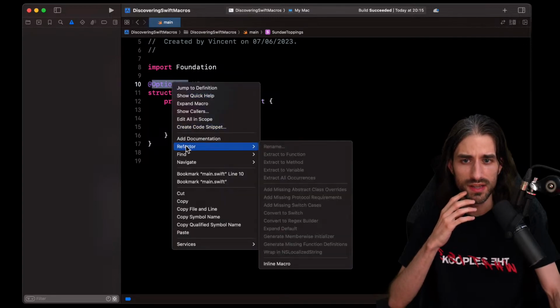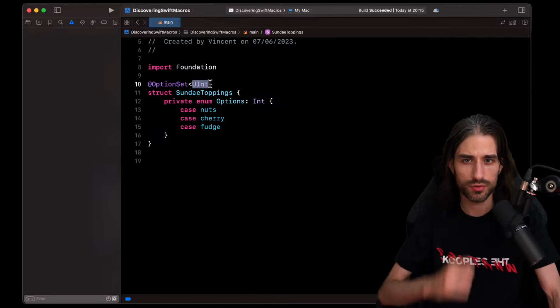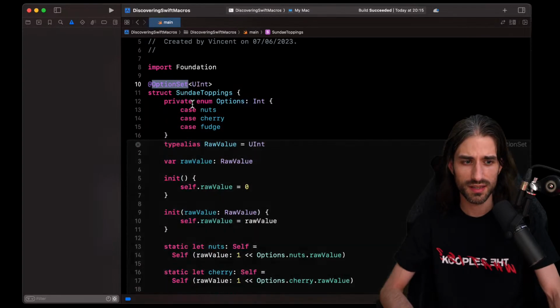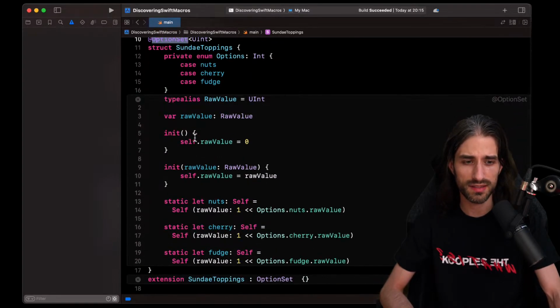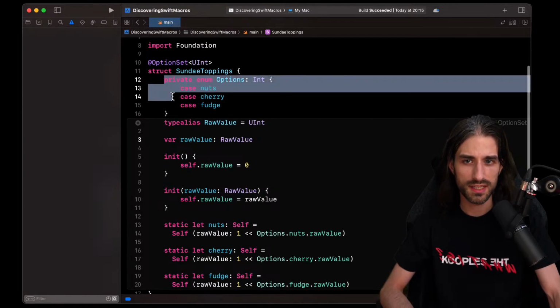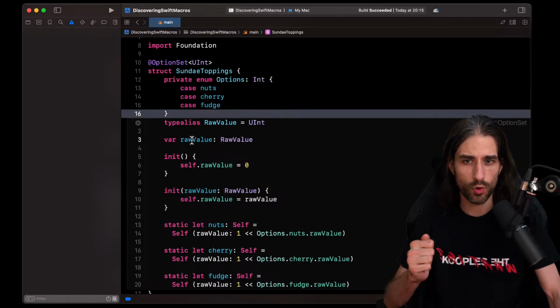Actually, I struggle a bit to understand why it doesn't default to a specific type right here. But I haven't used option sets that much, so that might be why. So we have the enum, which are the individual possibilities, and then the raw value is the mix of these possibilities here.